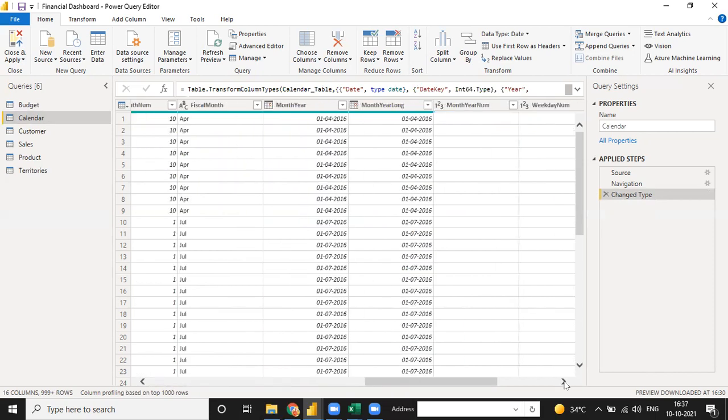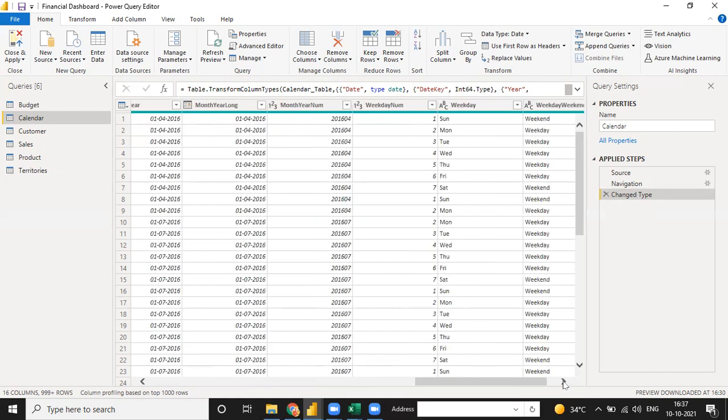Yeah, one more thing I will tell you. Suppose in another data set you don't have any calendar table, okay, so you can use this calendar table for another data set as well, because right now this calendar table is only from 2014 to 2016.